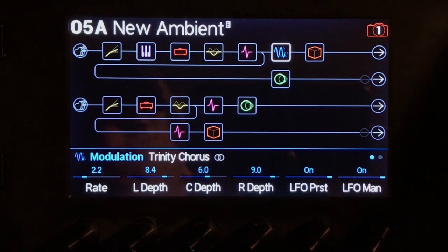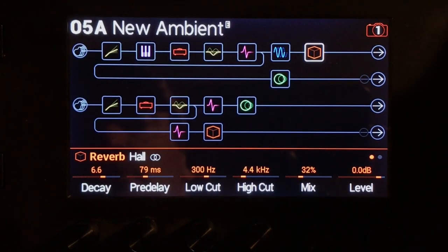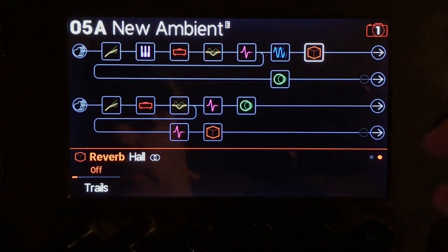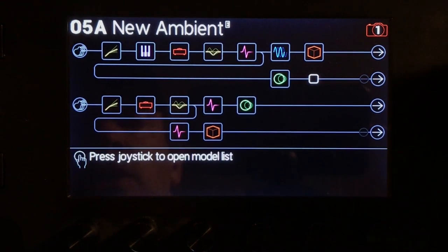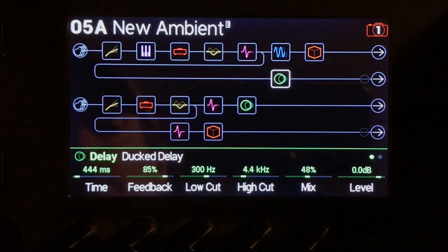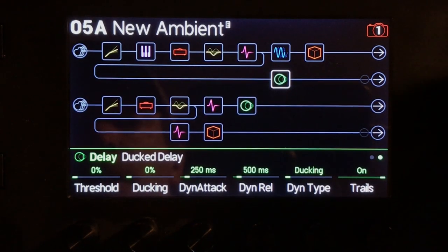Some Trinity chorus. The top reverb is a hall, and it's fairly simple. Well, I should probably turn those on, even though it doesn't really matter. Duct delay on top. 444 millisecond time is important. You'll see in a minute why. Ton of feedback. High mix. The bottom path